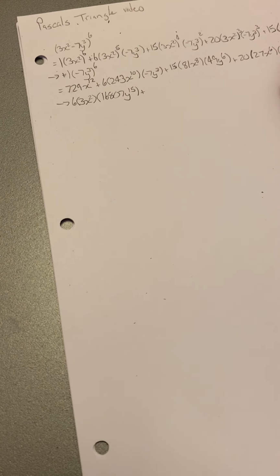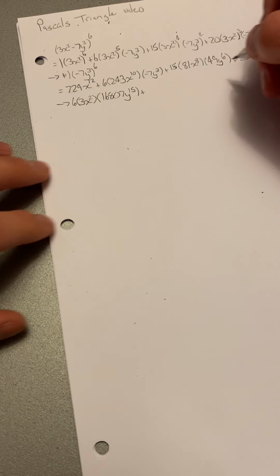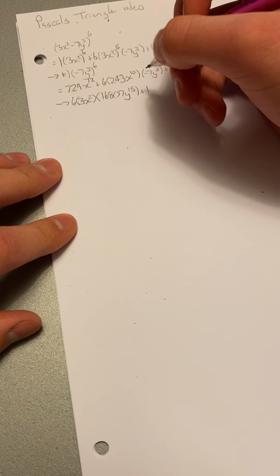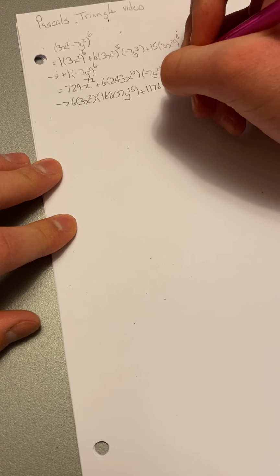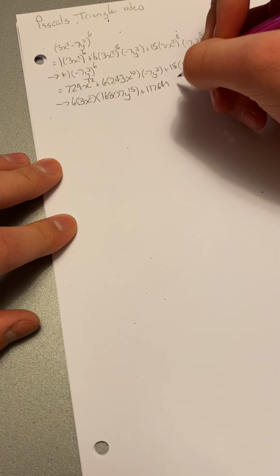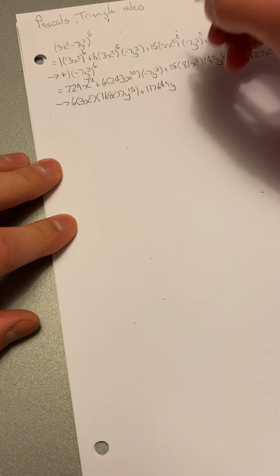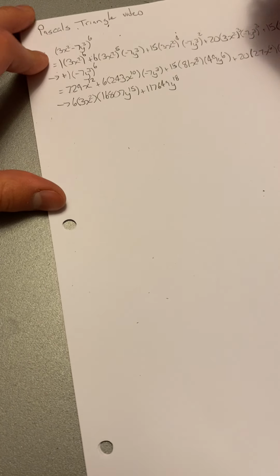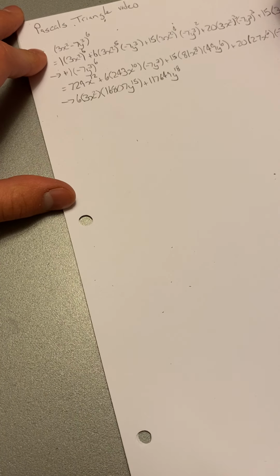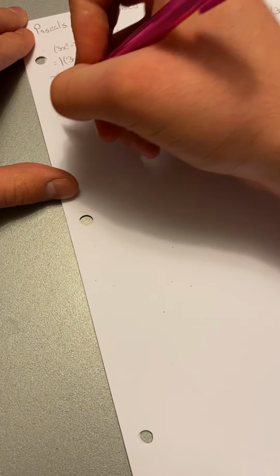Exponent is even, so it's going to be positive. 117,649 y to the 18. All right. So now